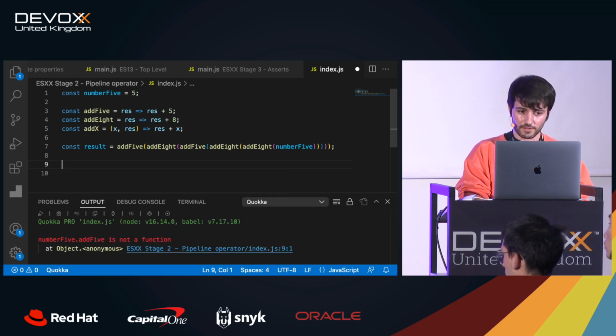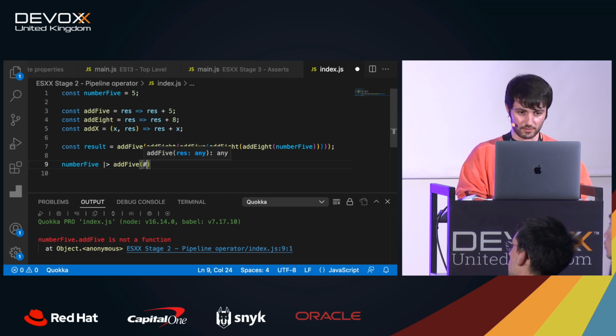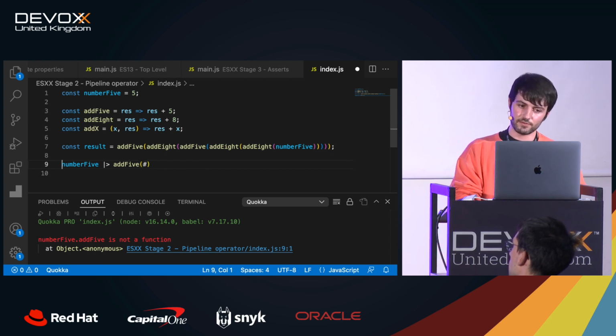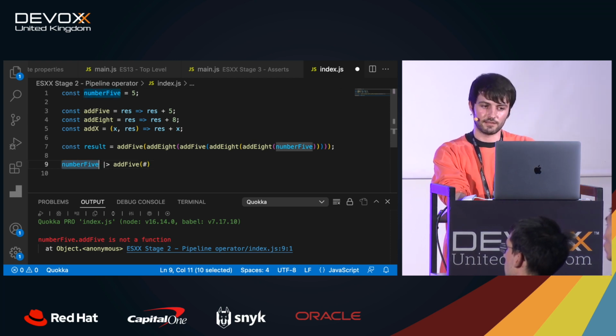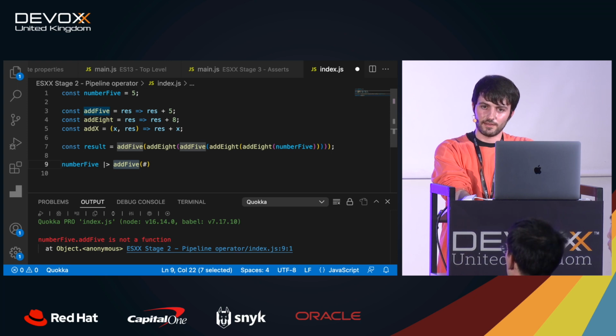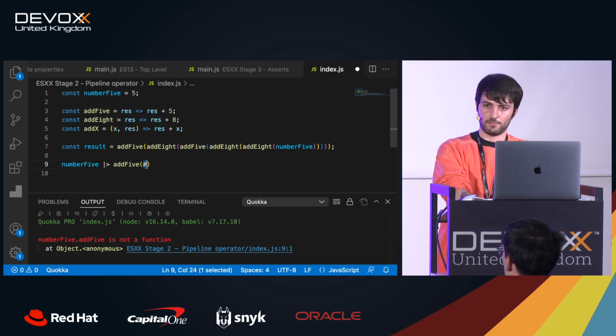So the way it works is that you can use the pipe operator, and let me write it really quick so you can see how it looks. What we are doing here is that the result of the previous step of the pipe operator is just the value 5, the number 5, then we are calling the function add 5, and then this token, this hash, contains the value of the previous step of the pipe operation, right?